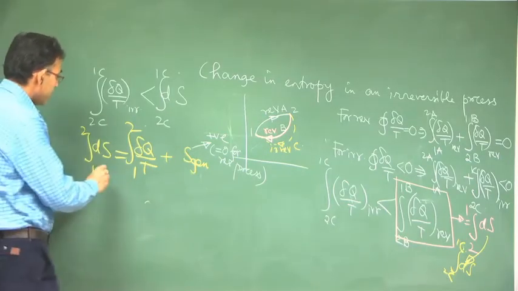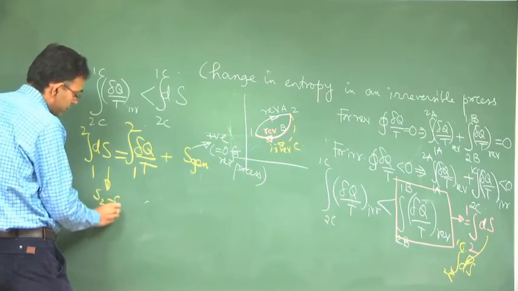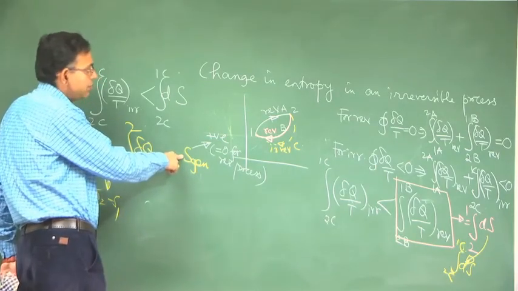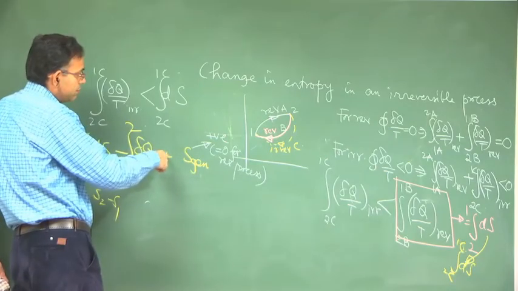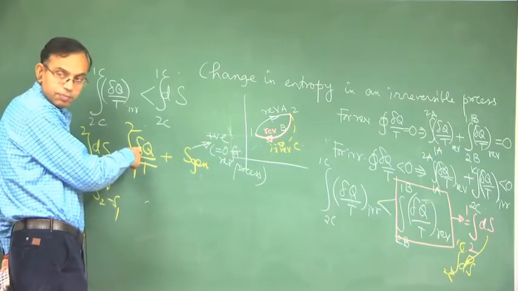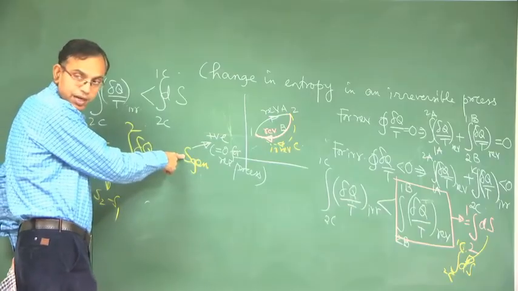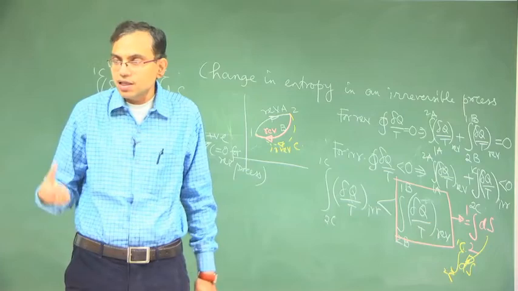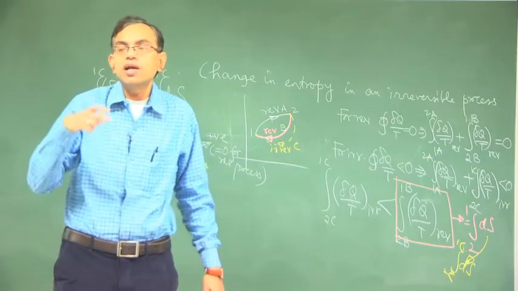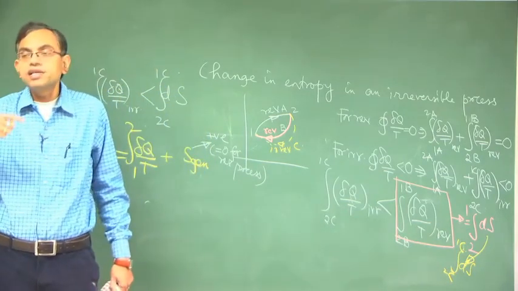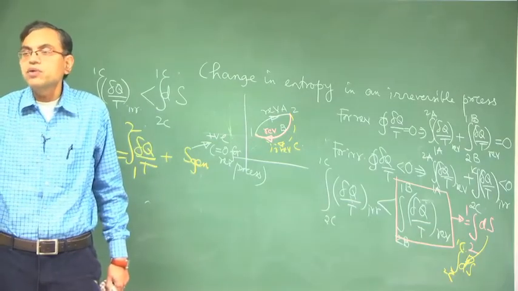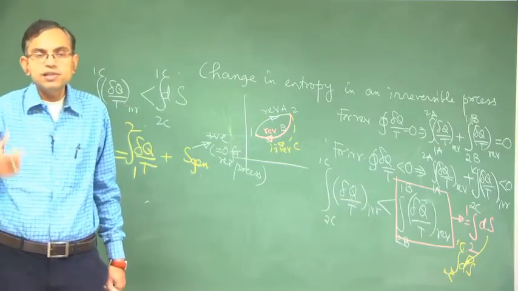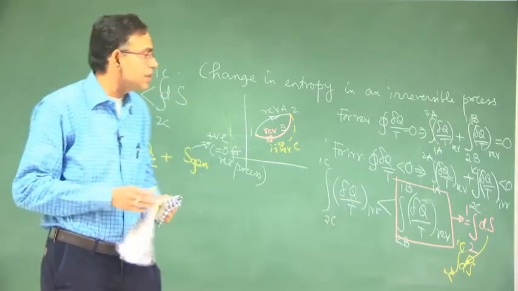So, this is S2 minus S1. Writing this as dS gen is a little bit uncomfortable, because you know delQ depends on the path. So, entropy generation depends on the path. In fact, it is very practical, because the more irreversible the path is, the more is the entropy generation. So, entropy generation is a physical measure of the extent of irreversibility. The more irreversible the process is, the more is the entropy generation.